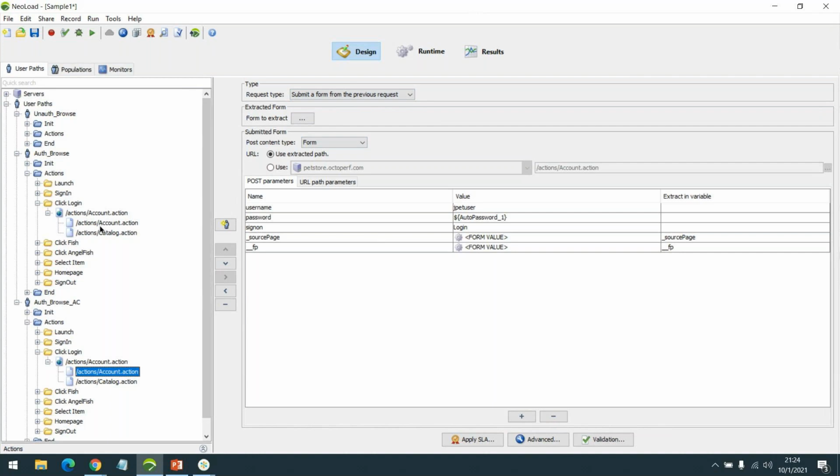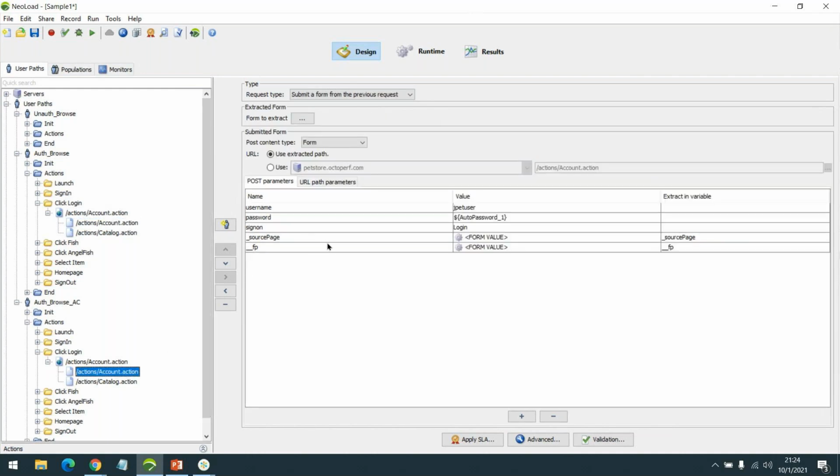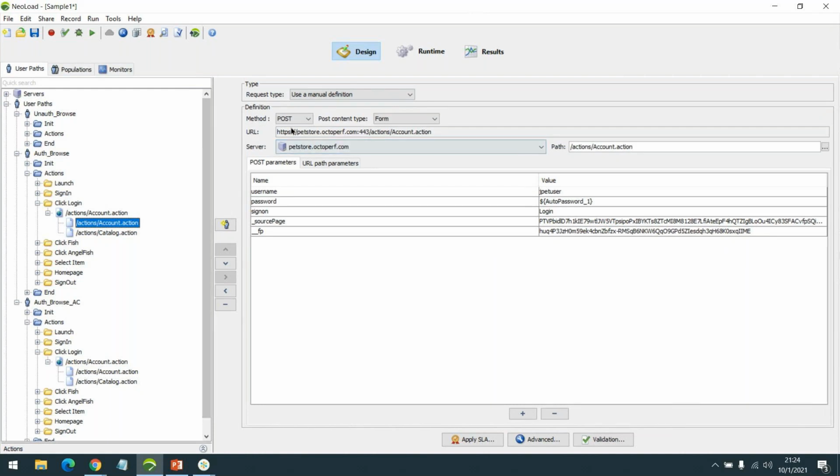From the post parameter perspective, there are new variables which got created by NeoLoad itself, and those also got changed. For source page and fp, it has created some variables by itself, and also the post content type. For example, the method is post, and the post content type is a simple form.